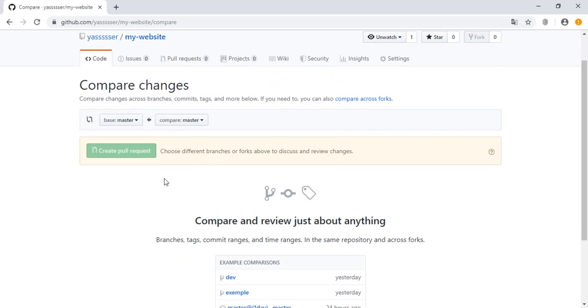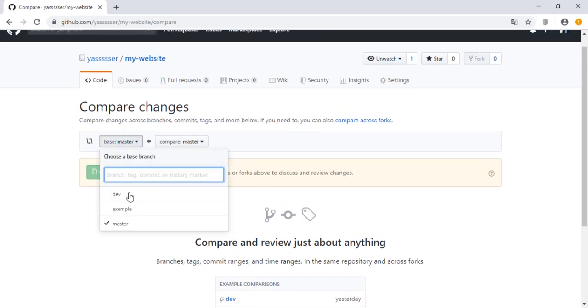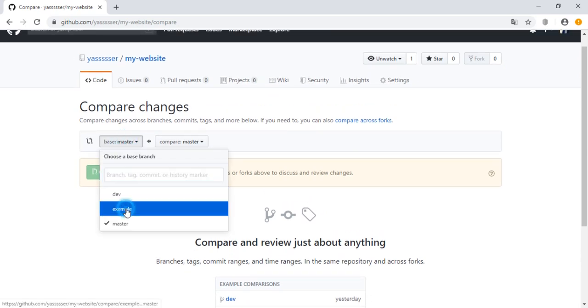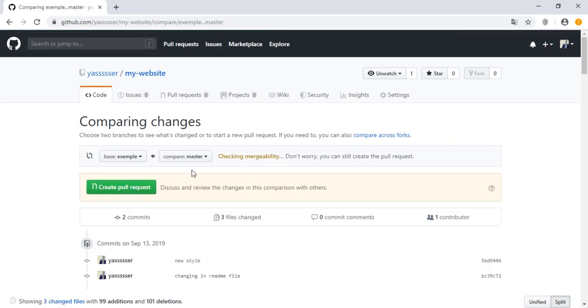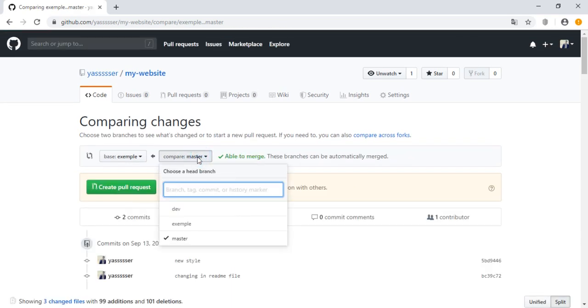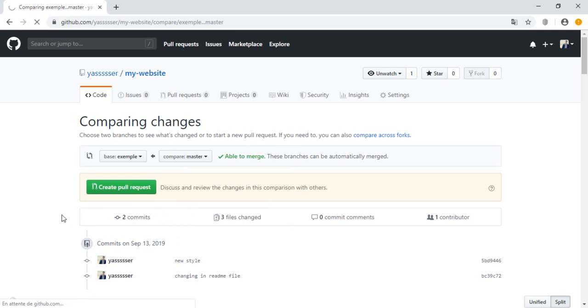and here let's choose, for example, the master, or let's choose example branch, and here we will compare it not with the master branch but with a tag. So let's use, for example, stable. We will compare it with the stable tag. Let's hit enter,